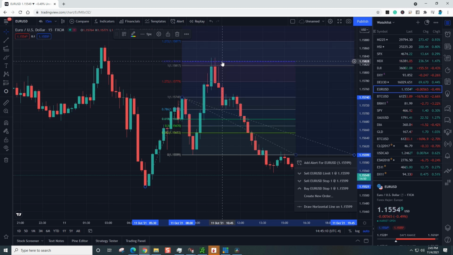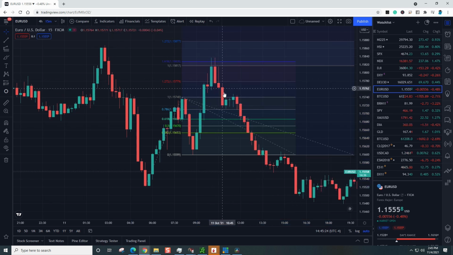Then I want to look for a bearish price candle. This candle right here doesn't quite meet it. I wish it would have been a little bit lower, but then we get this candle right here. We have an inverted hammer. We can put a sell stop right below that candle. Stop loss could go a couple ticks above here, looking for the market to continue downward. Again, a very good way to utilize the Fibonacci extension tool with the retracement tool in order to find A+